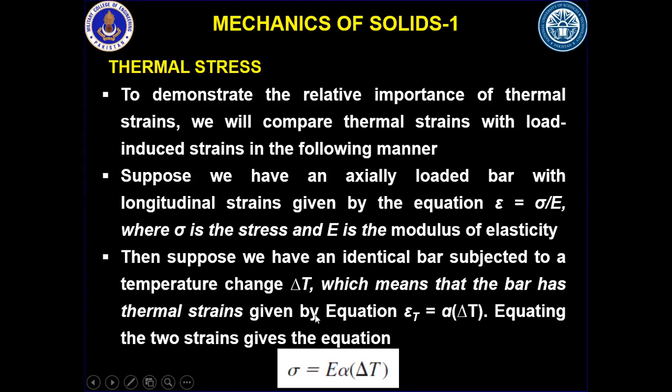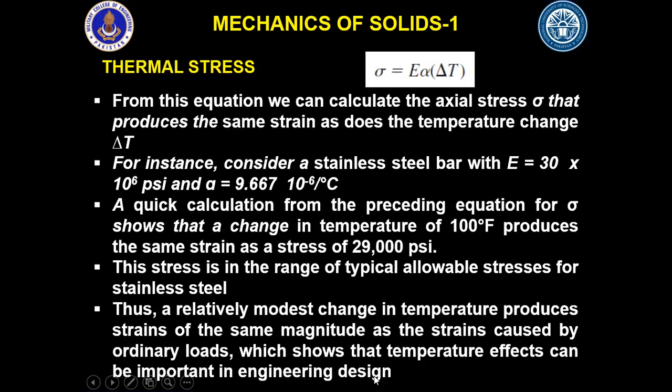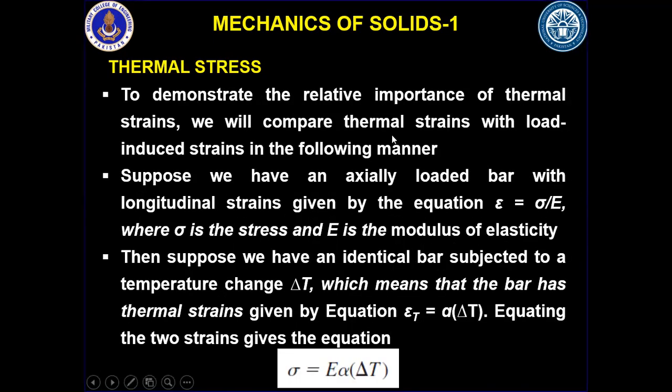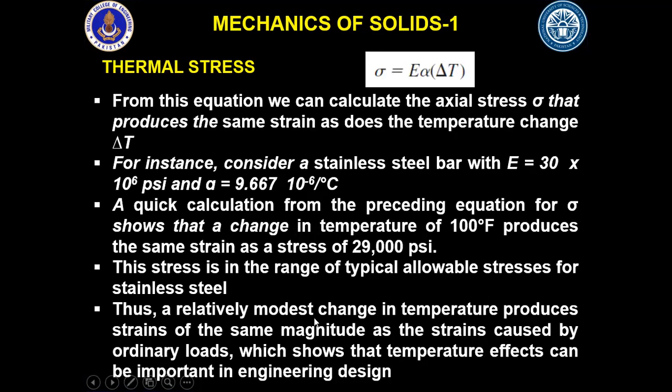Now, stress is directly proportional to strain, and stress is equal to E into strain. Now we have already defined that the thermal strain is equal to alpha into delta T. So we replace that alpha into delta T over here. So sigma is equal to E into alpha into delta T. This is the general thermal stress equation that is used. And so right now we know both the values of thermal strain and thermal stress. So we are going to use these in the coming examples as well.